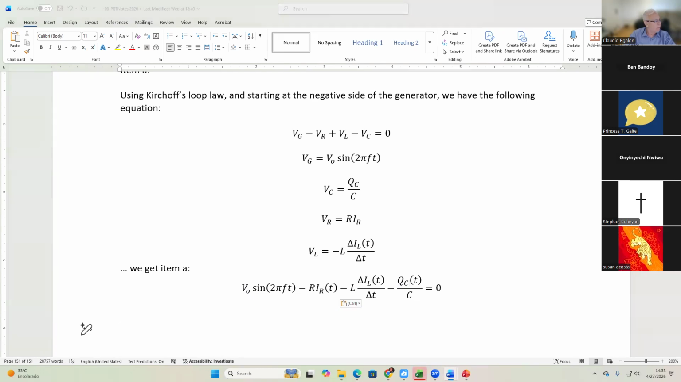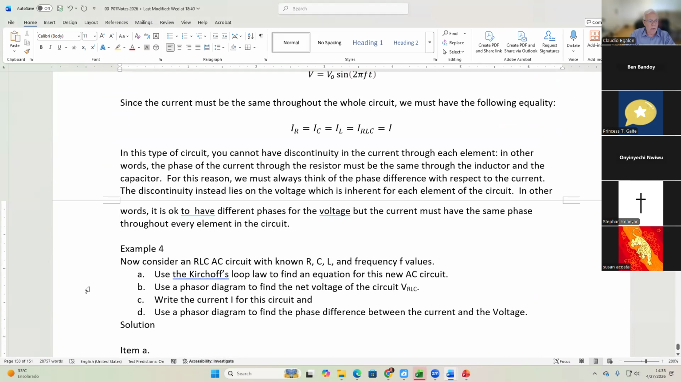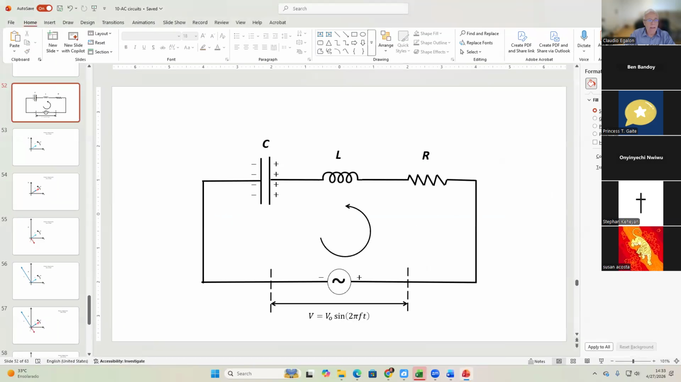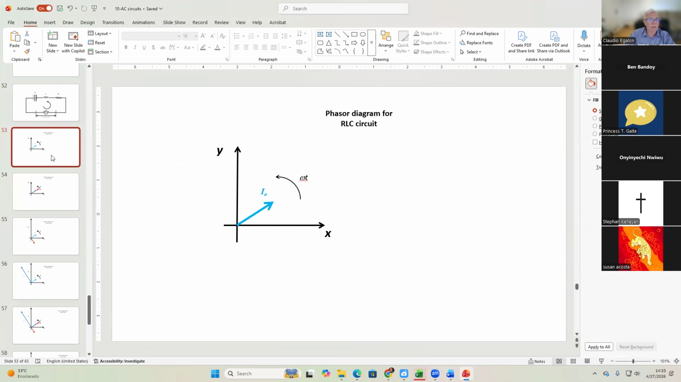Current is going to be a function of t. What do you want to do next? Use a phasor diagram to find the net voltage of the circuit, RLC. Okay? And now we are taking the voltage with respect to the current. Here is my I naught that's rotating in this